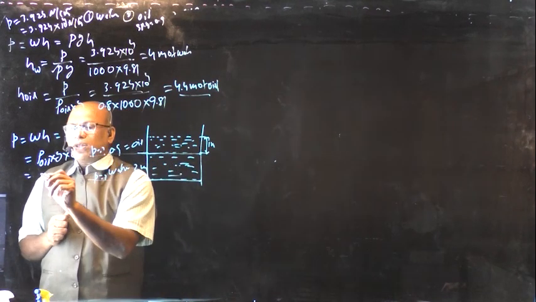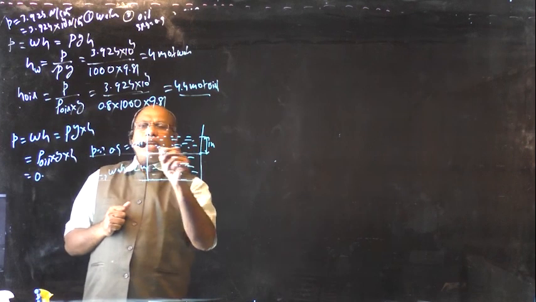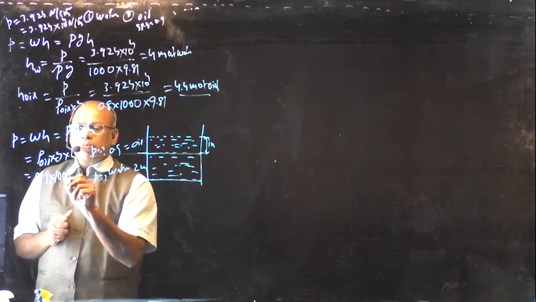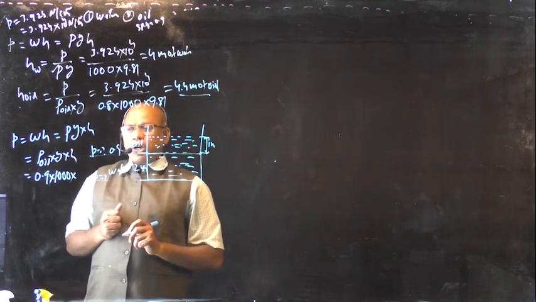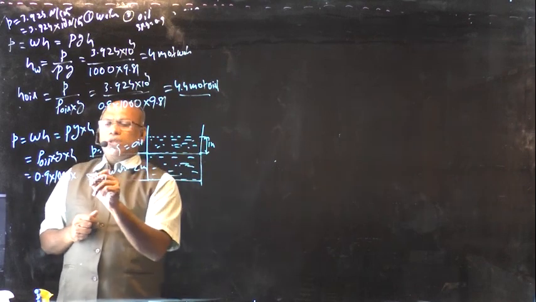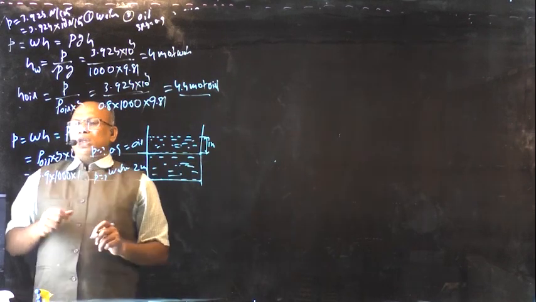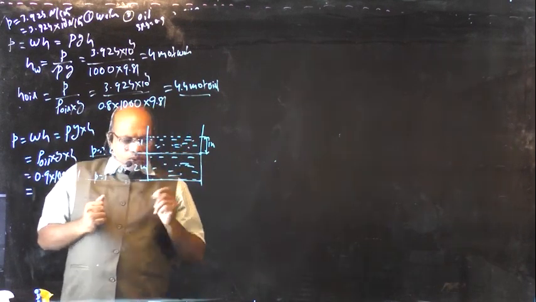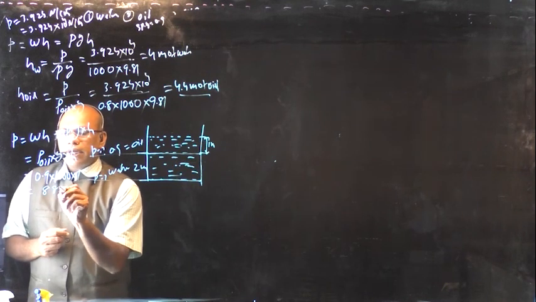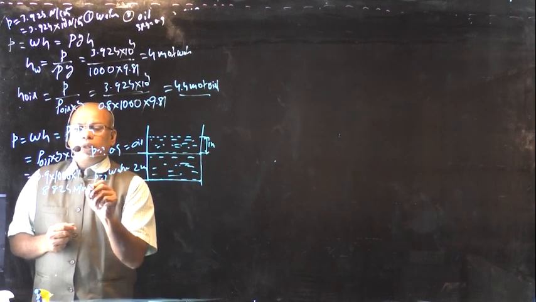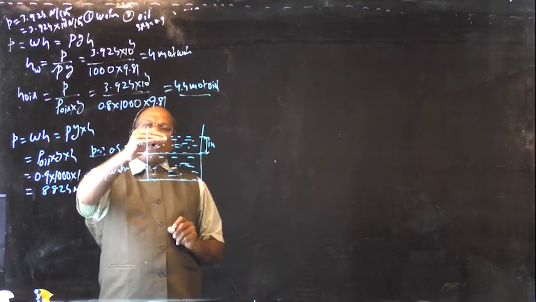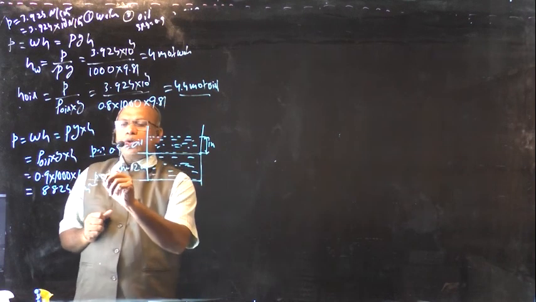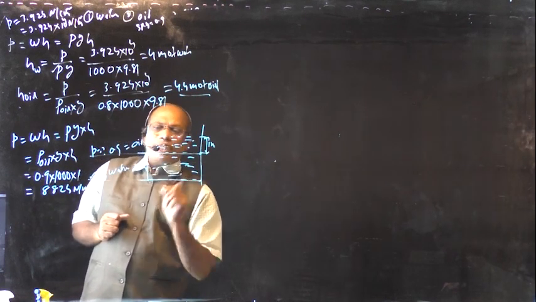Density of the oil is equal to specific gravity of the oil, that is given 0.9 into density of the standard liquid, that is 1000 kg per meter cube. Standard liquid is nothing but water, and head given, that is equal to 1 meter. Therefore the pressure intensity at the interface of the water and oil is equal to 8.24 Newton per meter square. The pressure intensity interface of the oil and water is equal to 8.24 Newton per meter square. Now we are going to determine the pressure intensity at the bottom of the tank.